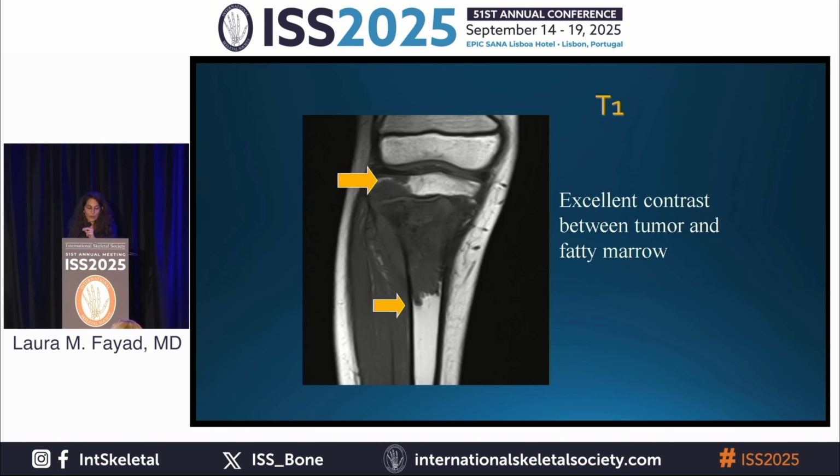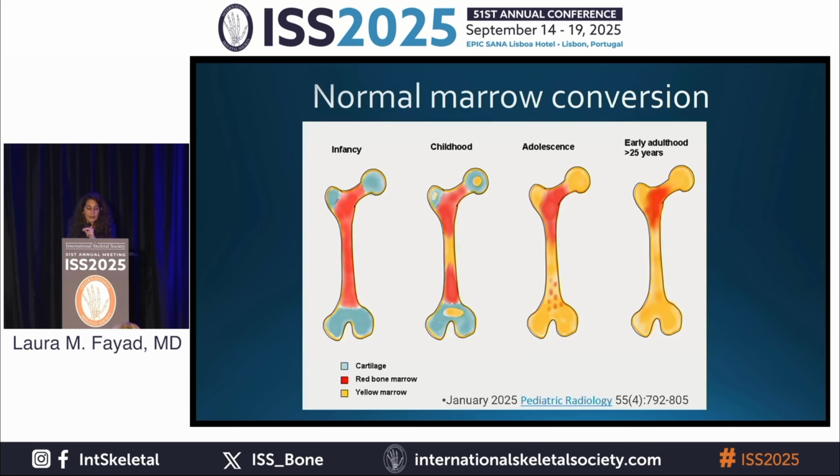So why T1 weighted imaging? This sequence provides excellent contrast resolution between the marrow replacing well-defined tumor that's typically darker than skeletal muscle and the surrounding normal fatty marrow that's bright on T1 weighted imaging. And of course, this is an easy case, but unfortunately, we not only have fatty marrow, but we also have